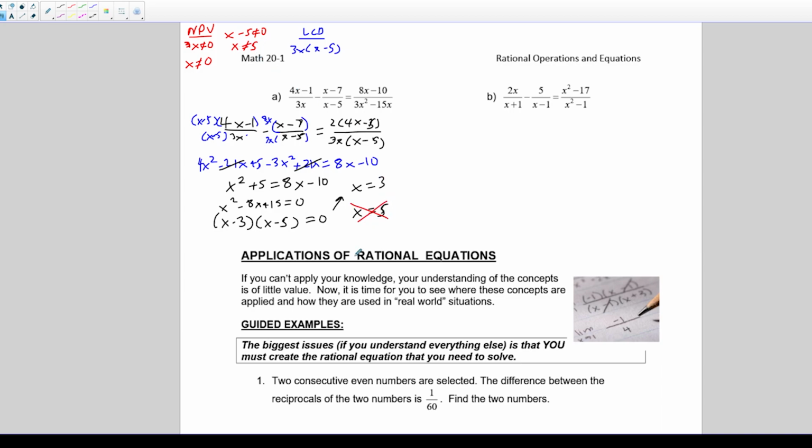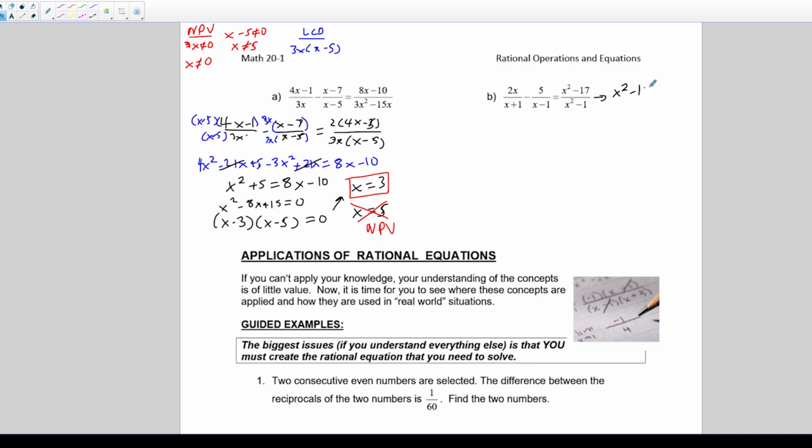So I don't even need to worry about verifying this because we know it's not going to work, because we've already stated that x cannot equal 5 because that is one of the NPVs. If we were to go ahead and plug this 3 back into our original equation, we would end up having this whole left side be equal to the right-hand side, but I will leave that for you to check on your own. Let's take a look at this next one. I'm going to rewrite just this bottom portion here. We can see that this x squared minus 1 is a difference of squares. So I'm just going to rewrite this